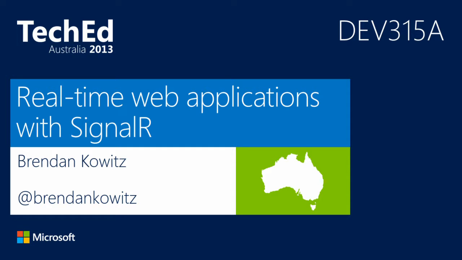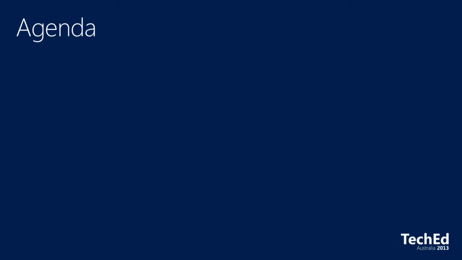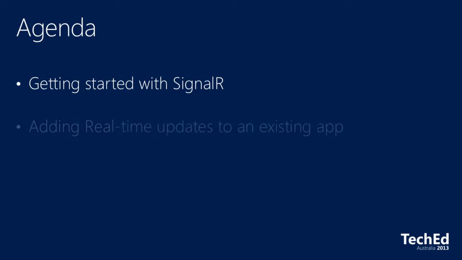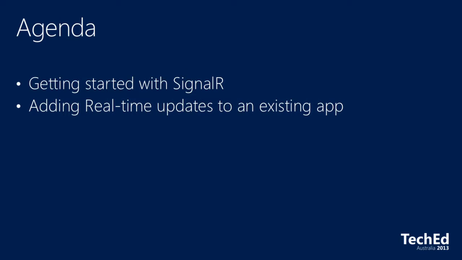Okay, so let's get on to the agenda. What I'm going to talk about is, very briefly, getting started with SignalR. So if you didn't go to the talk earlier today, what you can do to get started in an instant. Nothing too exciting, but it's good to know what the first steps are. We've all got existing applications, all the things that you've written. So what I'm going to try to do is take an application that I've written and extend it with the capability to do the real-time updates.